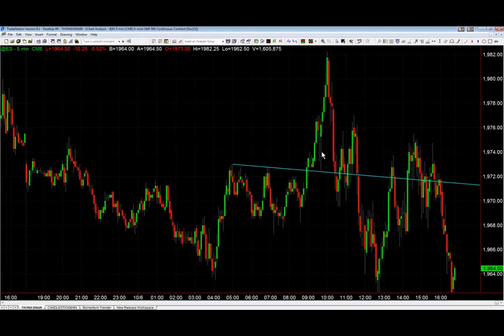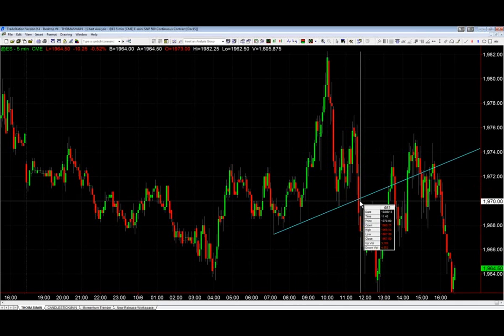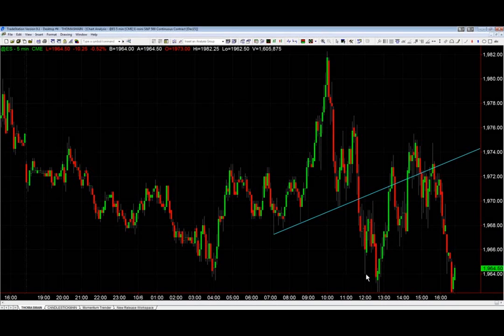Then what happens? We come all the way down, we bounce, we put in a lower high and a lower low, and you have 2 micro trends. Here's your first one. If you're in the trading room, we sold this. Now, I actually mismanaged my stop on this one. I took the short on the breakdown, it pulled down. When it sold off, I moved my stop to break even too soon. It bounced up, knocked me out at break even, then went all the way down and hit my target.